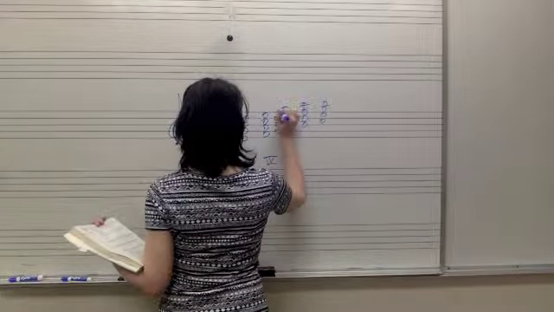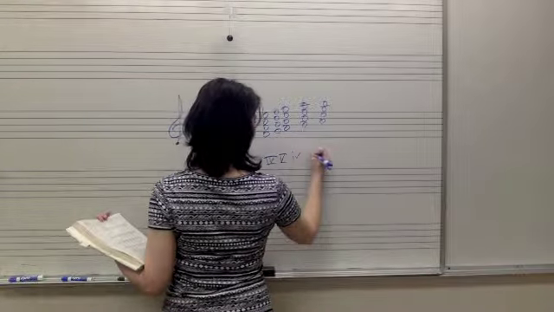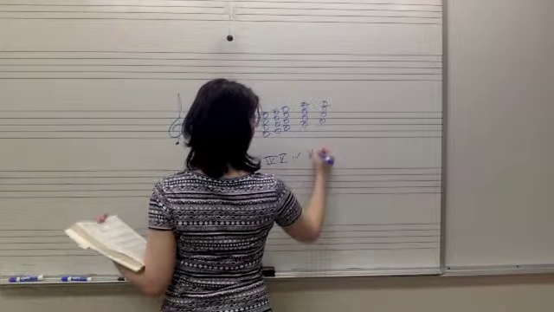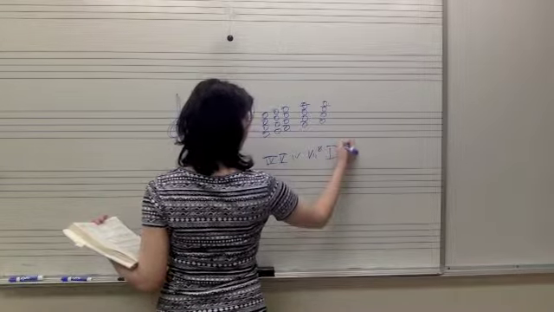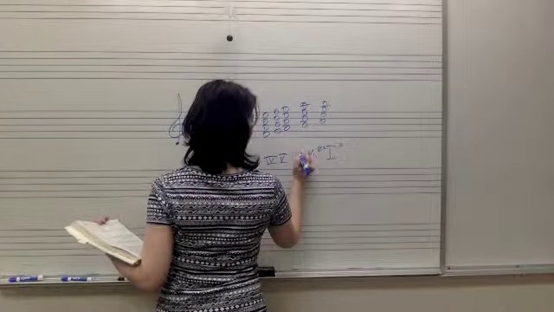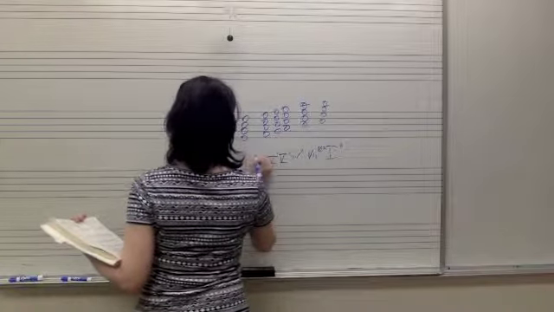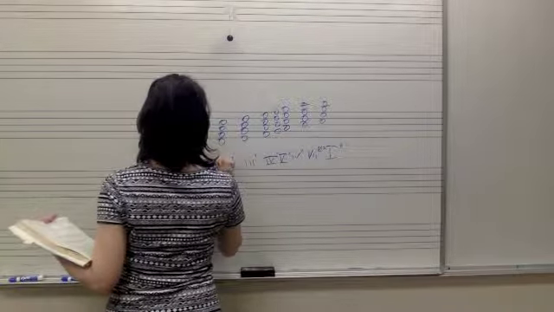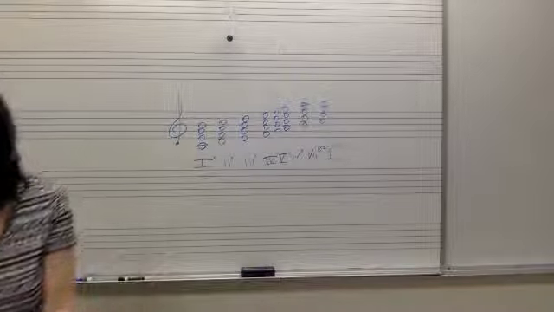Sorry, this guy's gonna be a little smashed in. There's our 5, 6, 7, half diminished, and finally 1. And of course, they all get little 7s next to them because they're 7 chords. Like so. Ta-da! So, if we break these apart,